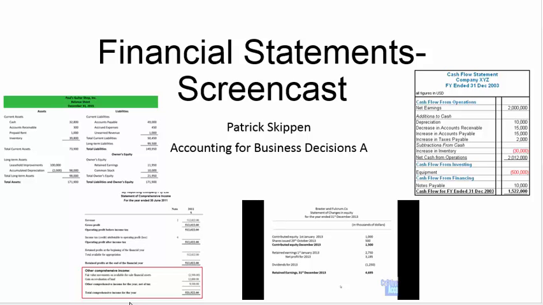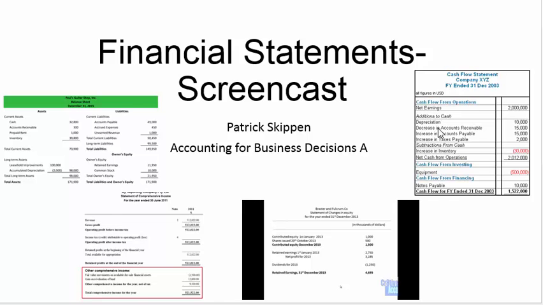Today we will look at financial statements. There are four main financial statements used by business managers to make decisions. They are the balance sheet, statement of comprehensive income, statement of changes in equity, and the cash flow statement. All four provide managers with understandable and accessible information that allow them to track business success and take corrective action